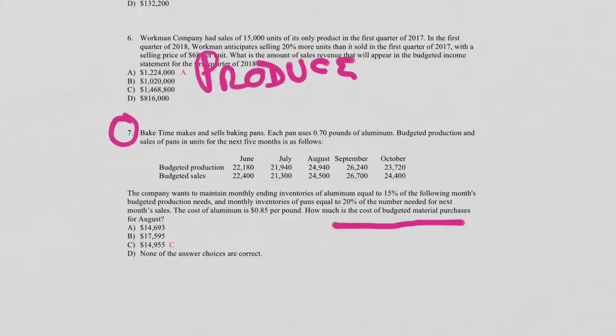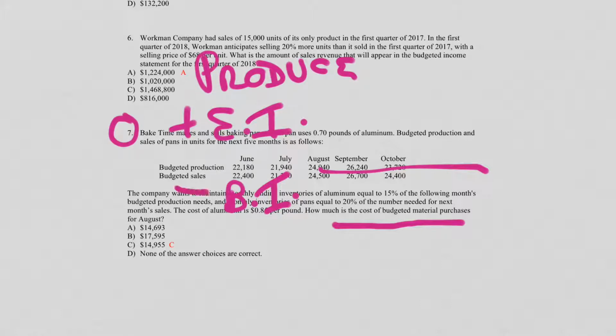We figure out what our targeted ending inventory is. Sorry, let me make that a little more clear. We figure out what our beginning inventory was, and you're adding this and subtracting this,